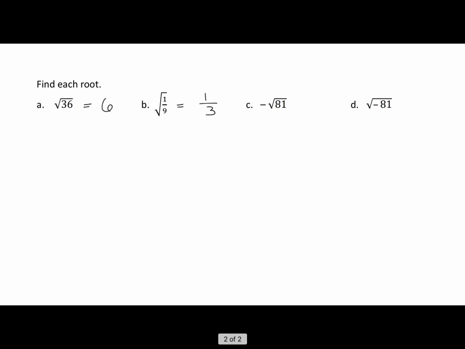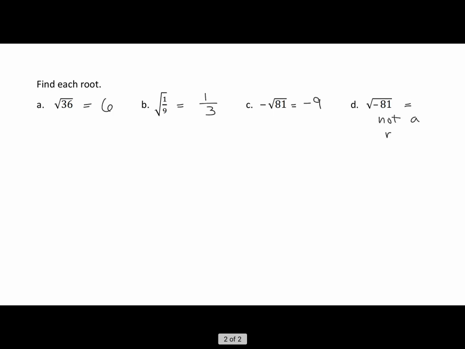For example C, negative square root of 81. Remember, the negative stays in front, and the square root of 81, well, that's 9. So the answer is negative 9. And for D, the square root of negative 81, since the negative is inside the square root, that is not